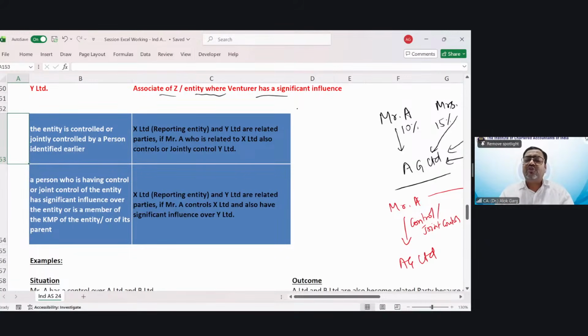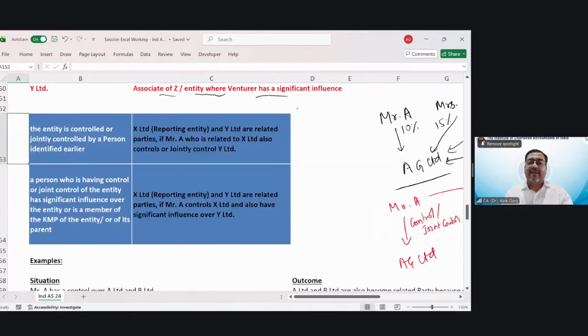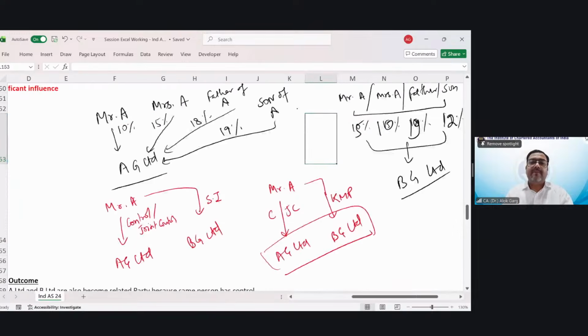Right. So an entity, X Limited, is controlled or jointly controlled by whom? By the person or by the family of that person. By the person or the close member of the family of that person. Okay. Right. For example, Mr. A